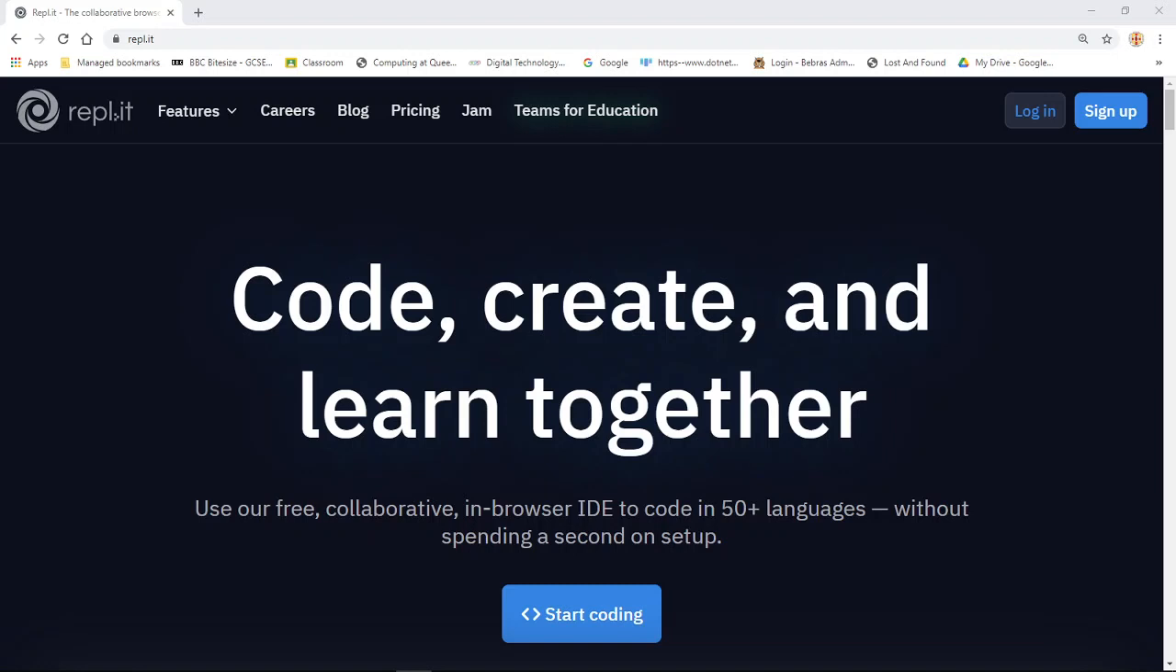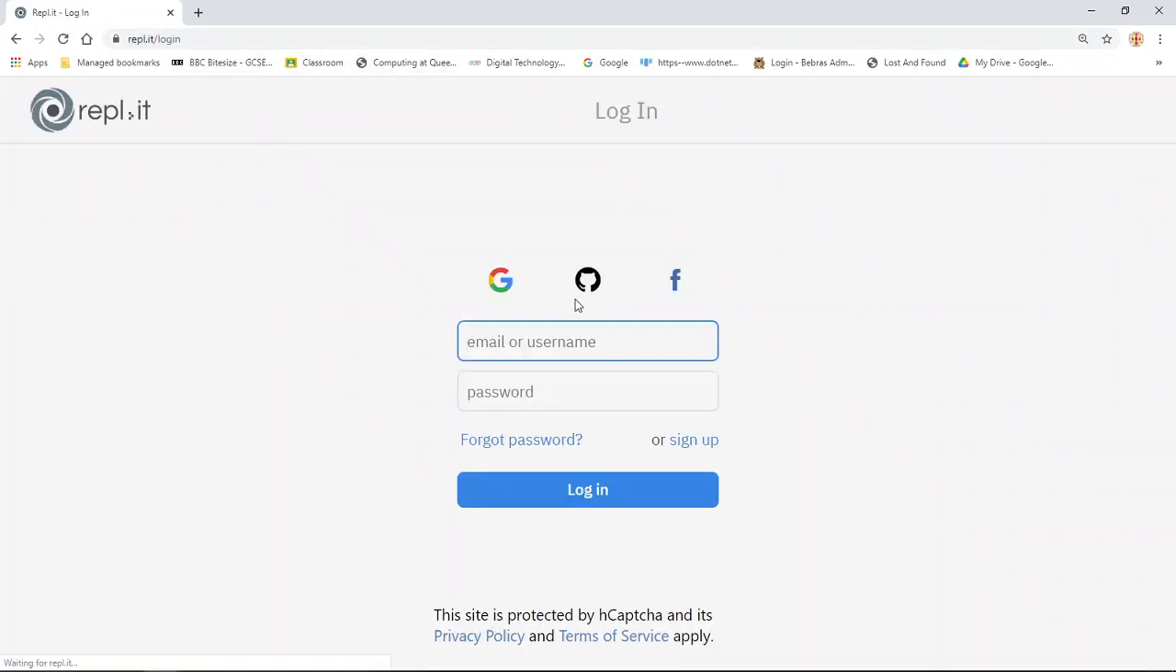The software I would like you to use to learn about programming in Python is actually a website called REPL.IT. To use REPL.IT, type the address REPL.IT into the address bar and then click on login, and you can either use your own personal email, or you can use your C2K email address. I'm going to use my C2K email address,